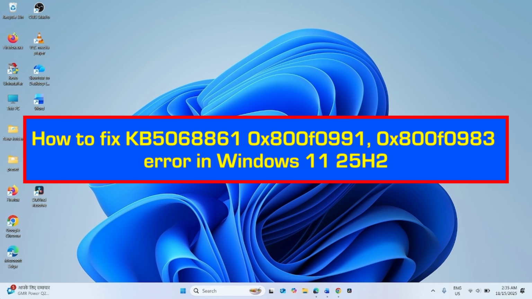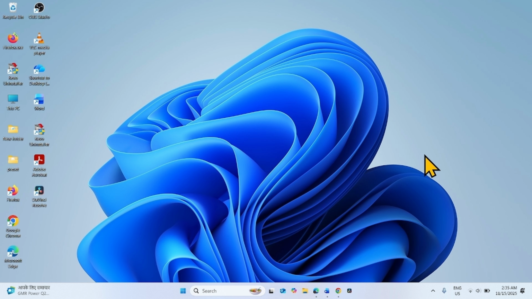How to fix KB5068861 0x800f0991 0x800f0983 error codes in Windows 11 25H2. Hello friends, follow the steps to fix these error codes that appear when you try to install the November 2025 security